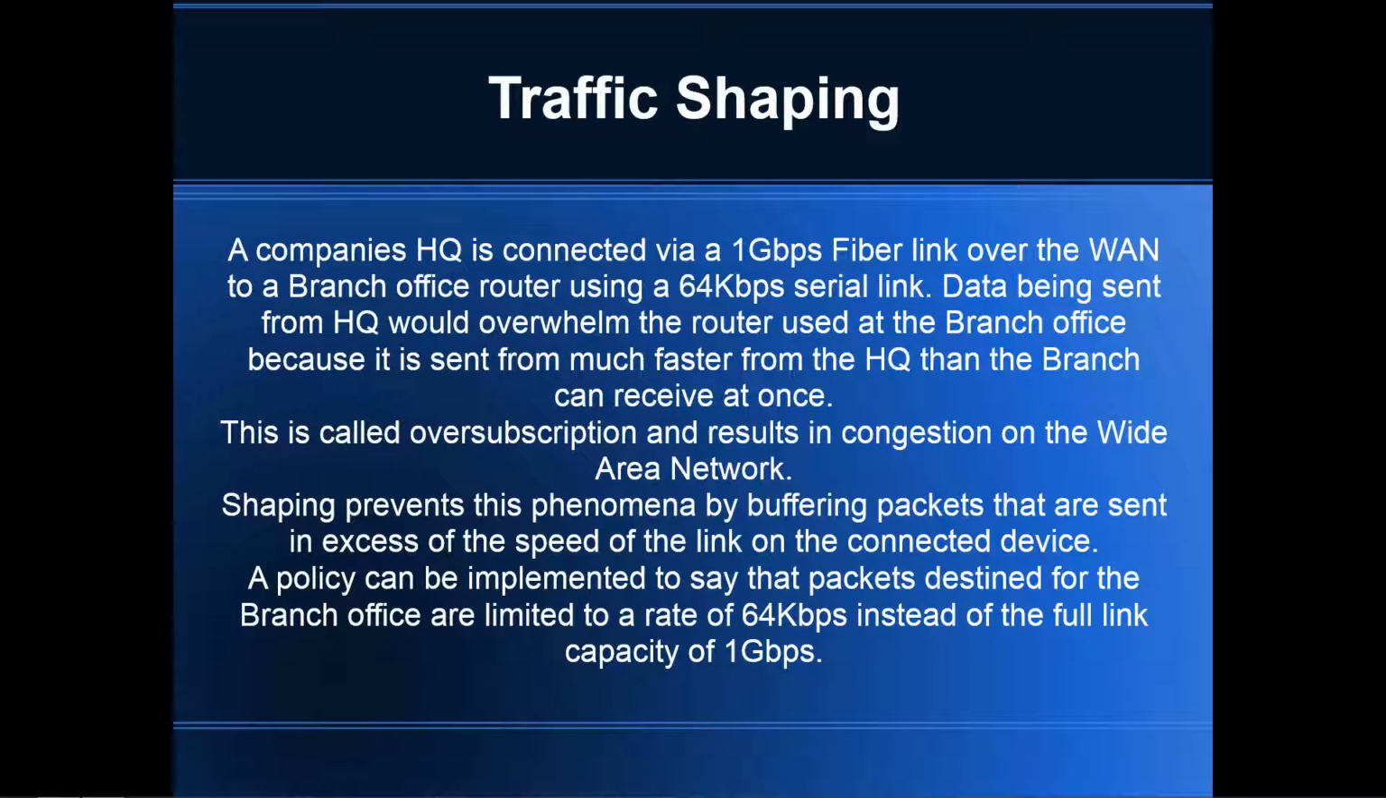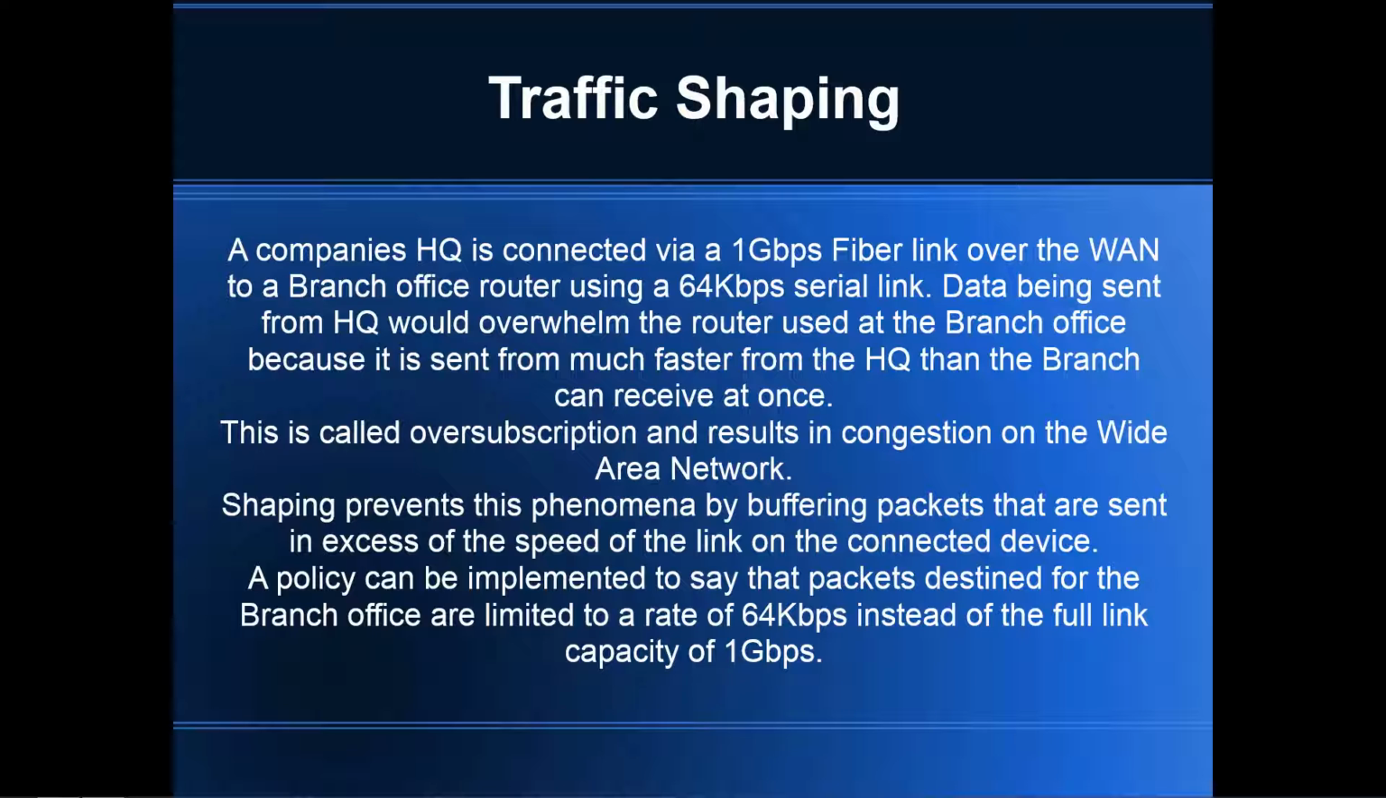So let's look at another example for our traffic shaping. In the example that I've been trying to go with, there is a company headquarters. It has a 1 gigabit fiber link over a WAN, and there is a branch office, and the branch office is connecting via a 64K serial link. The data being sent from HQ would obviously way overwhelm our branch, but we can actually do shaping so that